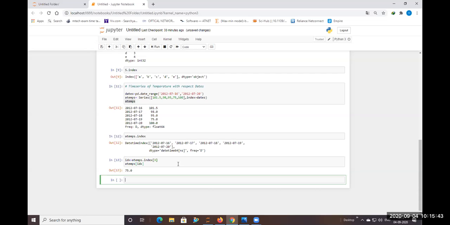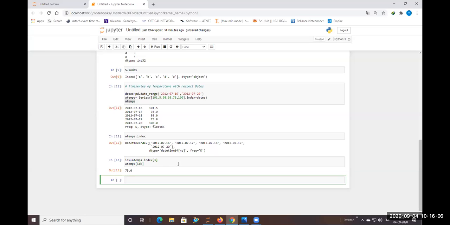Next, let me take one more representation with the standard temperatures. Previously I took the real-time temperatures, and now let me take some standard temperature values and represent them in a series format, with respect to places also.